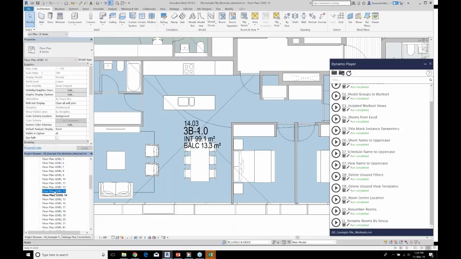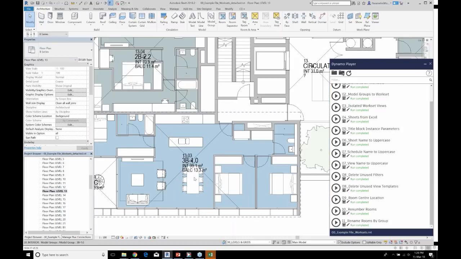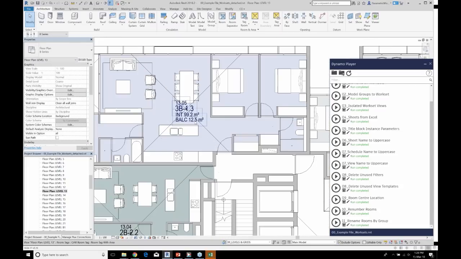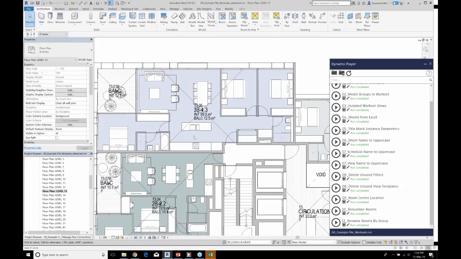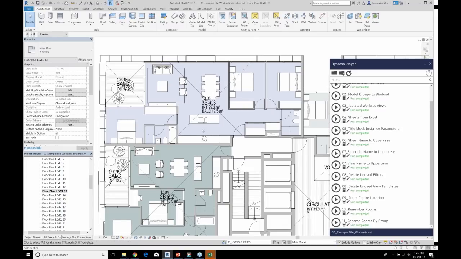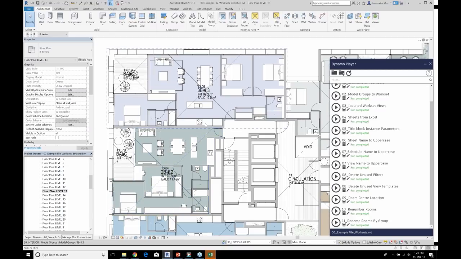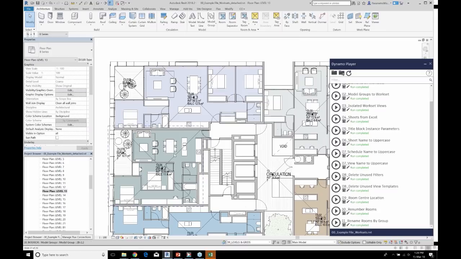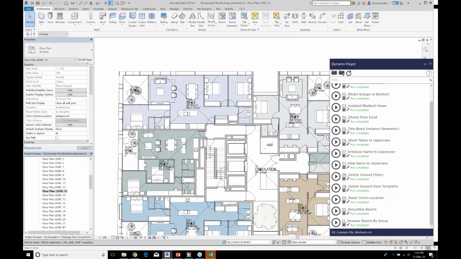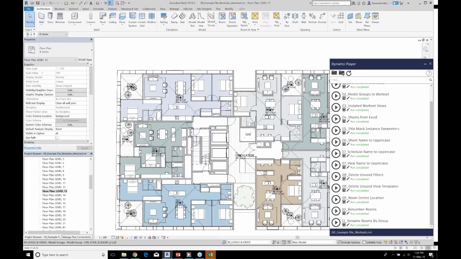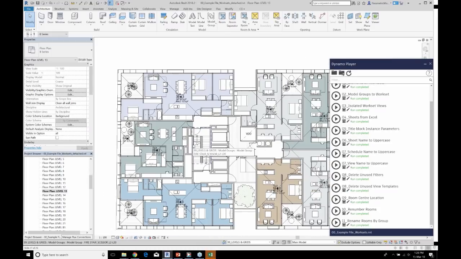And unlike the previous script, this is going to do it throughout the entire building. So with some scripts, there's always a balance between speed and manual intervention. This one I want to run over the entire model. I don't want to have to run it level by level. Whereas with renumbering rooms, they're going to have different layouts and different requirements on a level by level basis. So we want to be able to control that in a different way.